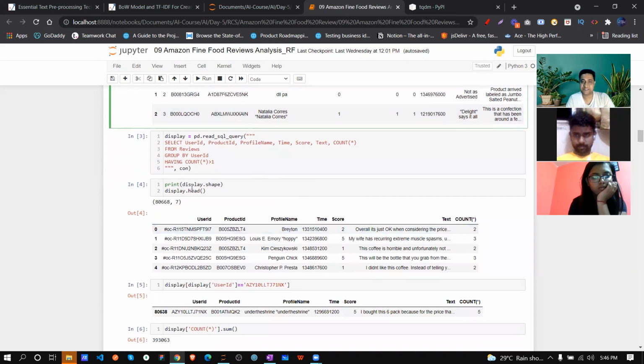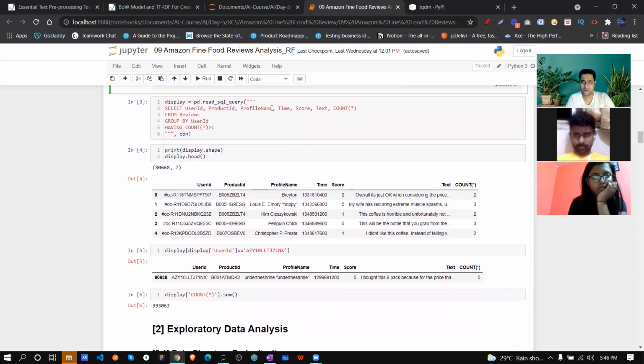Now we are checking with a normal query, which I'm not describing in detail. This is based on user ID. I'm checking whether a user has more than one review. See, this is all my user ID and product ID, and this way I am checking whether there is any duplicate data, using those unique keywords.